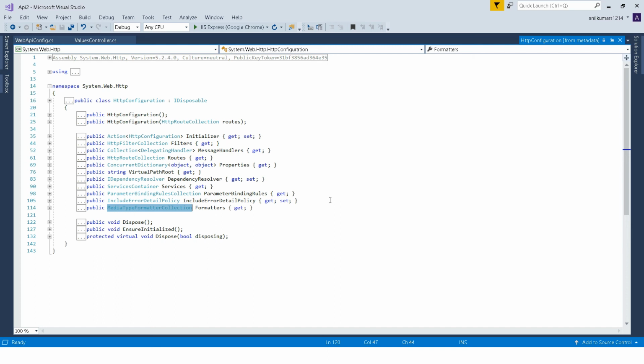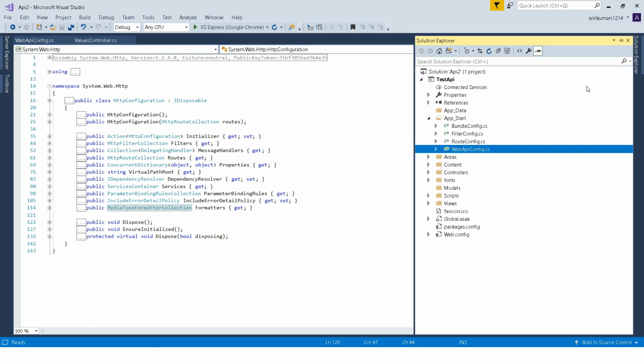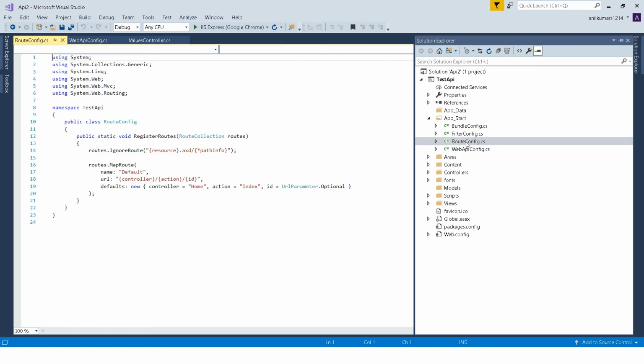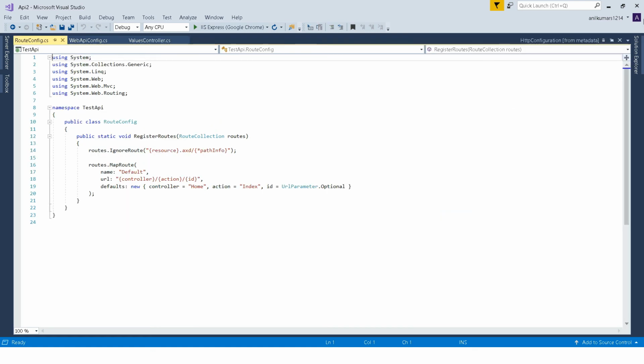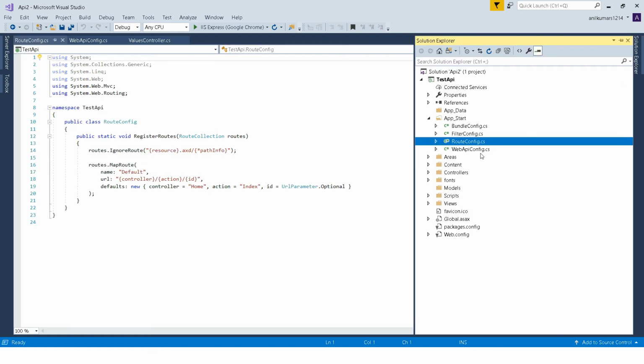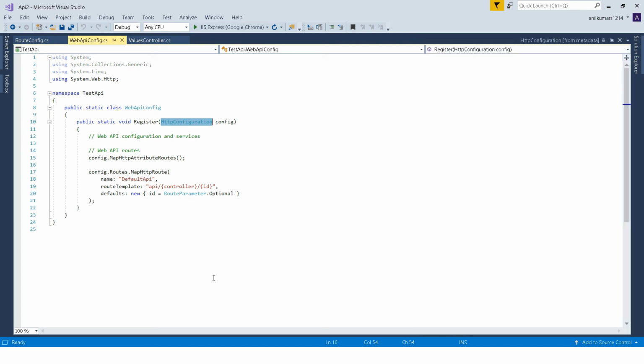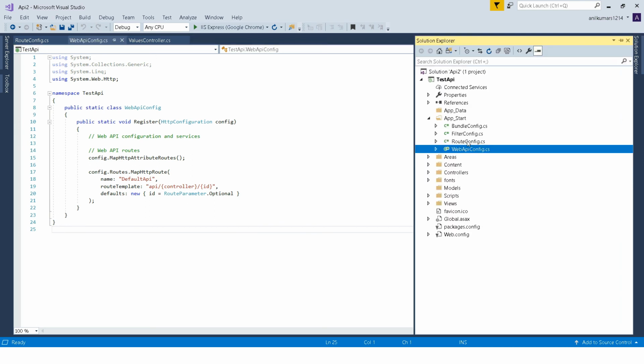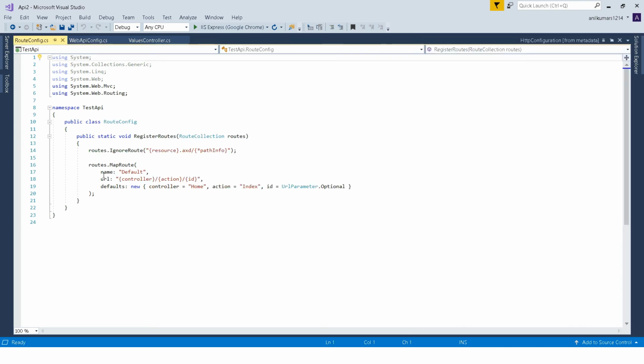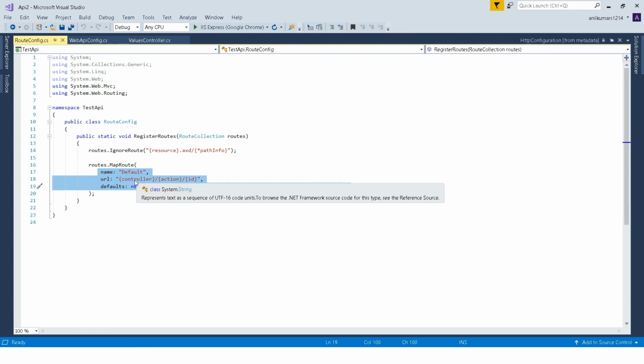And if you can see in the route config, here is the route configuration, like how we are navigating.